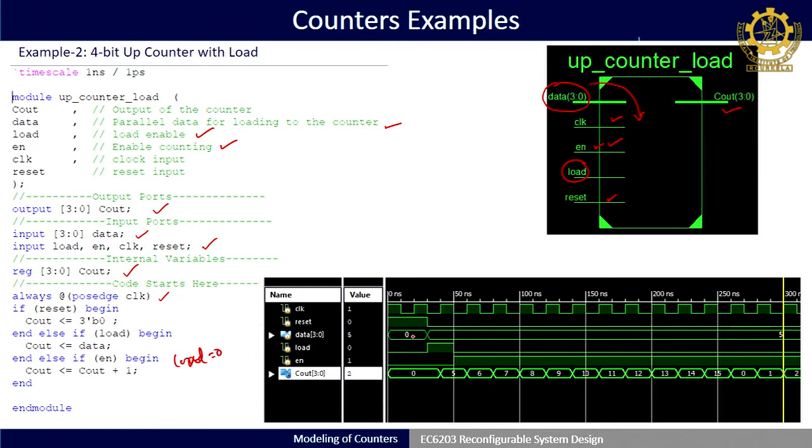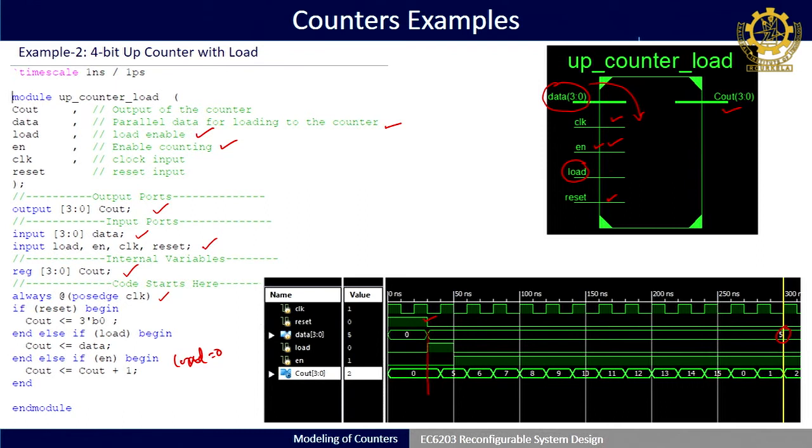Okay. So, if you see here, clock again we have taken with a 20 nanosecond period. If reset is high up to this point, obviously my output will be 0; here up to this my output is equal to 0. Then what we have done is I have loaded a value of 5 at the data input, that is 0101, which is 5.